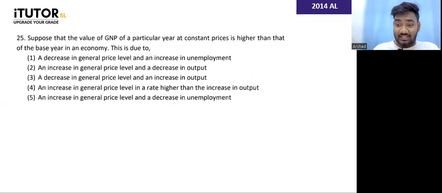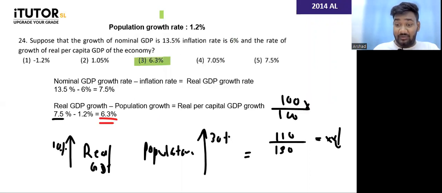Last question, 2014. How do we get the 1.2, guys? I have typed the question wrong, but in your past paper, they are giving an additional piece of information that is 1.2% population growth rate. It should be correct there. Some past papers mistakenly mention this as 12%, but it's not 12%, it's 1.2%. Some past papers are correctly 1.2, but some put it wrong as well.